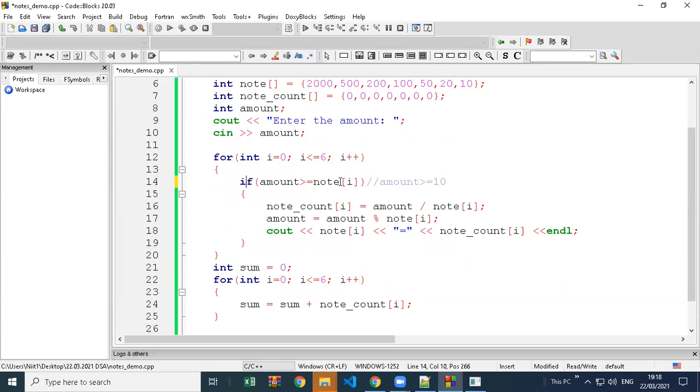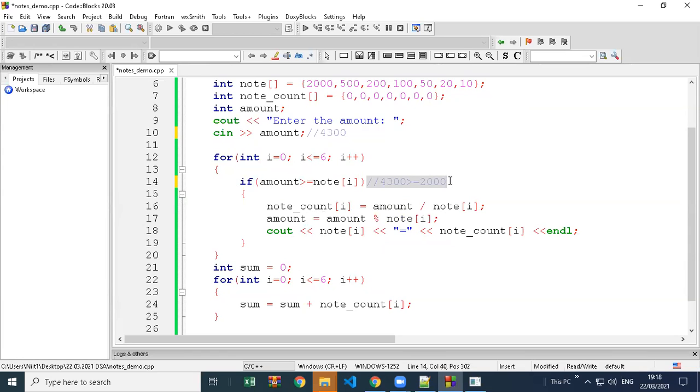So after checking if the amount is greater than 100, we divide that number. Then we also take the remainder to see what the remaining amount is. For example, your amount is 4,300 and 4,300 is greater than 2,000. Yes. So because it is greater than 2,000, we will divide 4,300 by 2,000. So the remaining amount is 300. Then we'll carry forward and do so on.